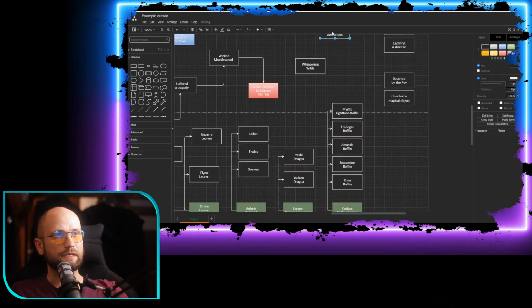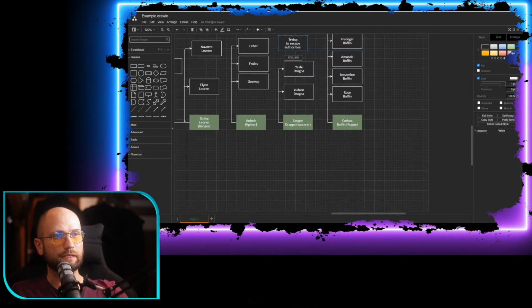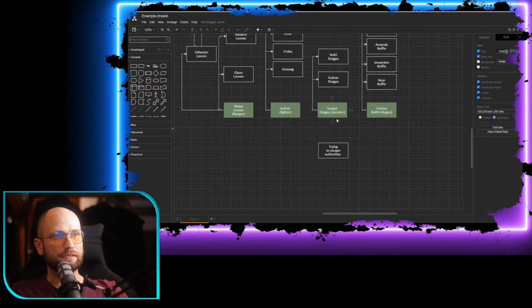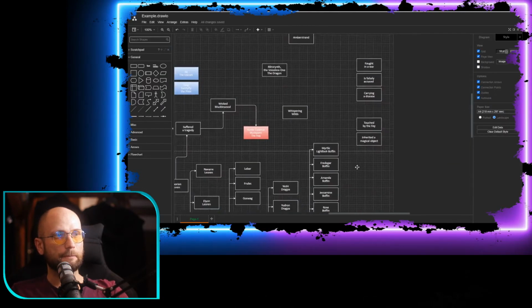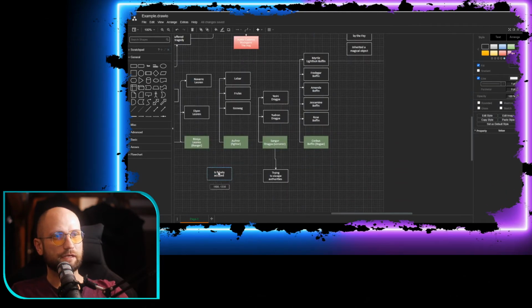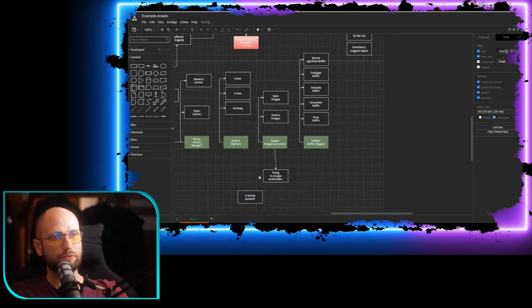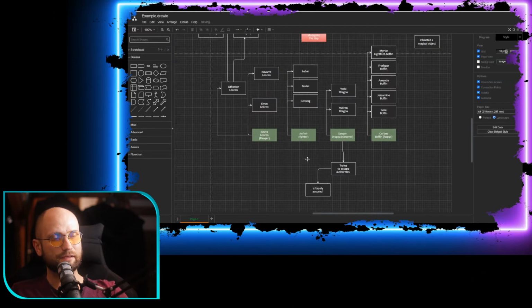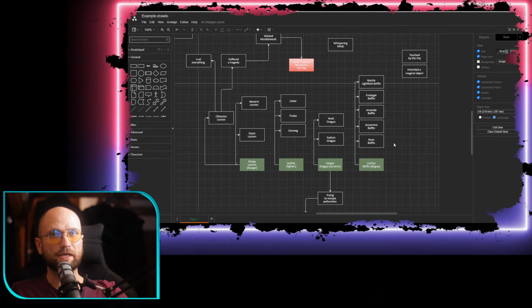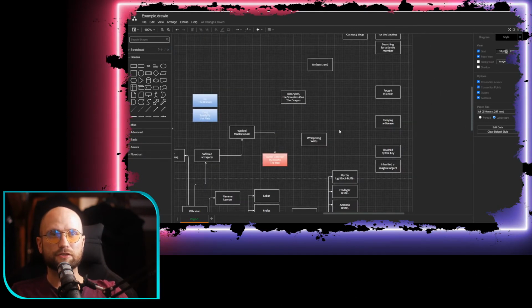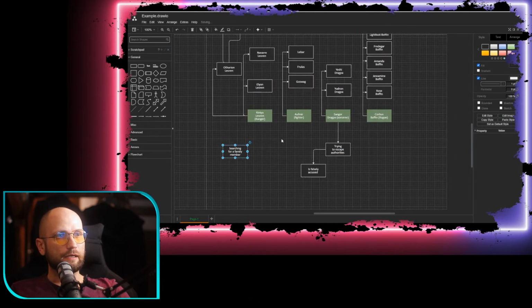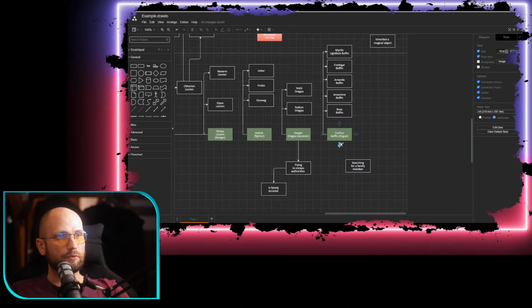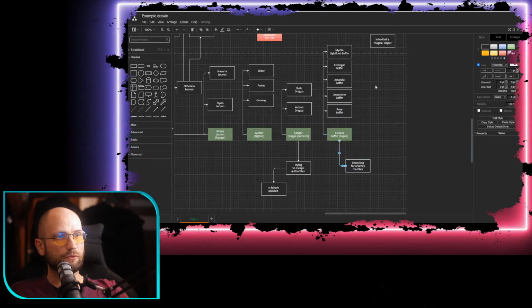One of our PCs might be wanting to escape the authorities. Let's say Sangor Drakpa is escaping the authorities. Why? Because they are falsely accused. Now, I would like to remind you that I didn't create these entries, cherry picking them. I just used some random generators. So yeah. Okay, let's say that Corbus is searching for a family member,